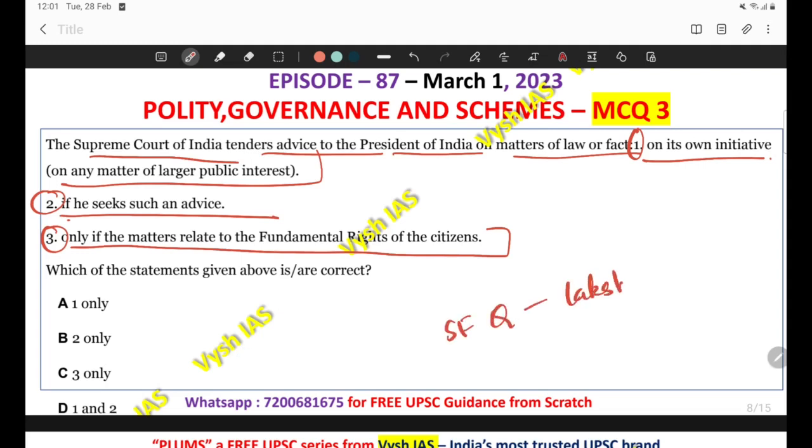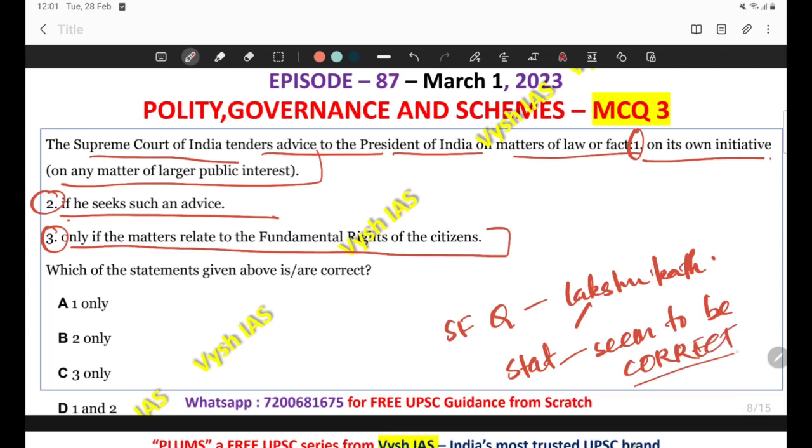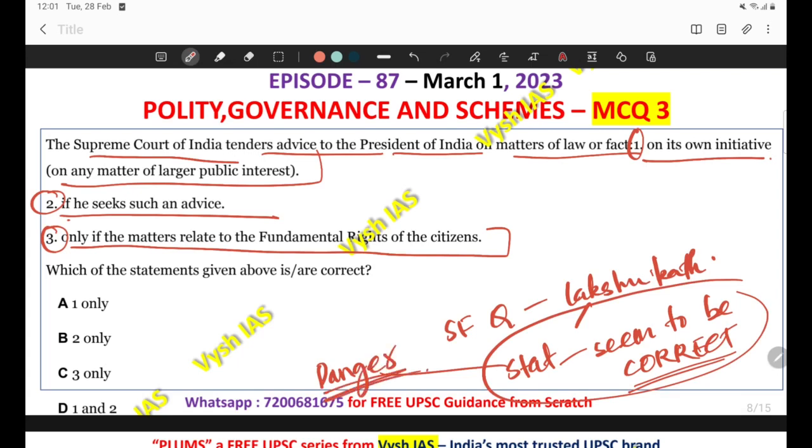In these types of questions, UPSC will try to trick you. They'll give some good looking statements. You will think, how can it be correct? How can it be incorrect? UPSC wants you to think like that in that exam pressure. So they'll be framing statements that seem to be correct, that seem to be appealing to you. So don't fall in that trap.